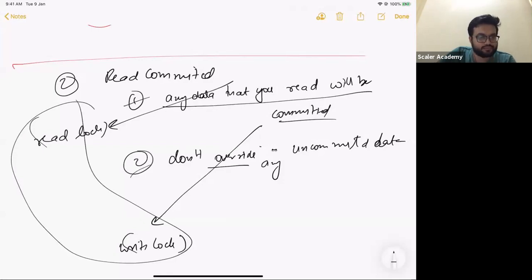No, right? Cool. So read committed will say, can you explain the write lock? Okay, Parul. Write lock basically means that you are having a lock on some kind of data and preventing anybody from writing on it. Have you read about locks in OS, Parul? Locks basically mean that you are limiting the access of a particular data to some folks, to some threads. Now the point is read lock basically means that you are preventing anybody else from reading it. Write lock basically means that you are preventing anybody else from writing on it.